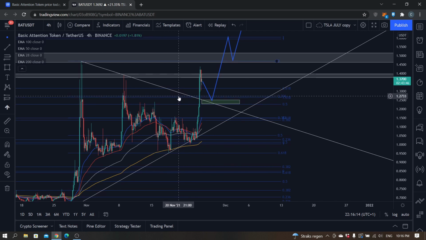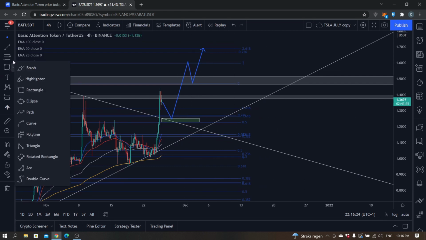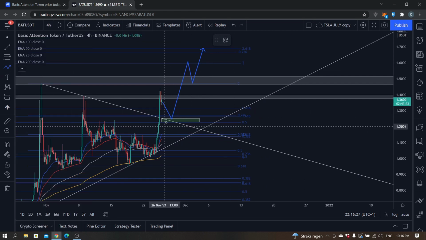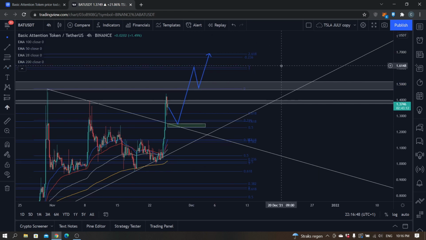First of all, I thought it would drop down to 1.27, but now I actually think it might drop down, in the worst case scenario, a little bit lower to 1.23, because I do think we can go higher than this. I think this 1.23 will ultimately give support, and in my opinion price will then probably move to 1.6 and then maybe take a break and retest 1.47. This might take a little bit more hits, and then ultimately I think we can reach 1.7. That would be for the upcoming days and week. I think 1.7 would be my price target.